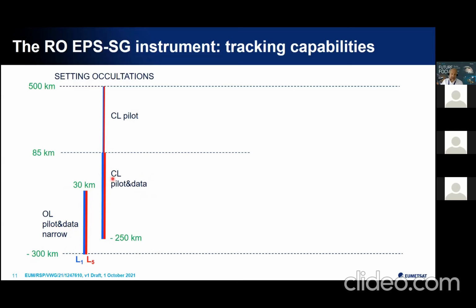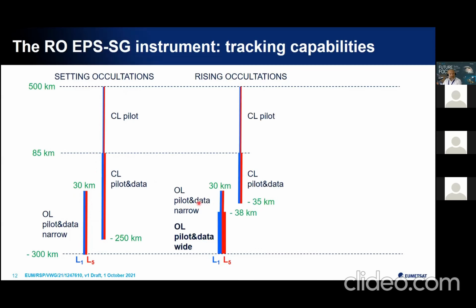This is aided by the closed loop tracking circuit, so we expect to have the signal more or less centered or somehow placed inside these 5 correlators, which are enough to track the signal in open loop. Overall, we need 4 channels here, so we need 8 channels to follow the entire setting occultation. For the rising occultation, instead, things are a little bit more complex because we want to